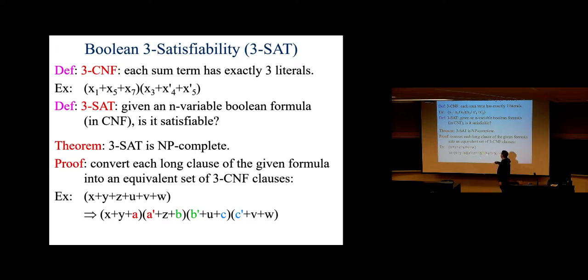So why is this satisfiable if and only if this is satisfiable? Well, if this is satisfiable, at least one of these must be true, because it's a disjunction, it's an or, and if one of them is true, the whole or is true. So let's say if this is true, or this is true, then one of these is true, and so this you can make false, and the whole clause will still be true. And this a naught will become true if a is false. And then this clause will be true, so it doesn't matter what the z is. And then you can make b true, and then this whole clause becomes true, and it doesn't matter, and so